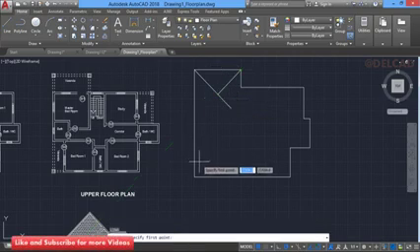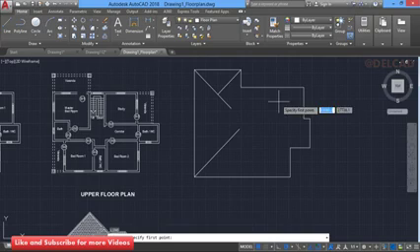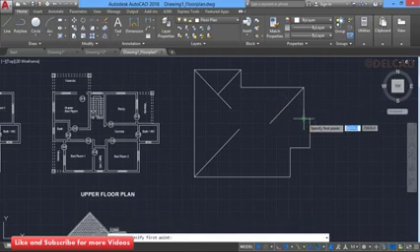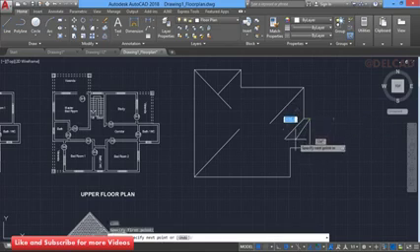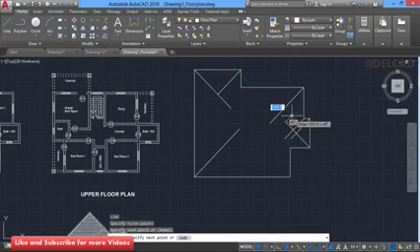Again, I will draw another line from here at angle 45 degrees and stop somewhere. And at this point also I'll draw another line at 135 degrees. Again, repeat the same thing at this point, 135 degrees. Again, repeat the same thing, 135 degrees. And at the opposite or adjacent side, repeat the same line at 135 and repeat the same line here